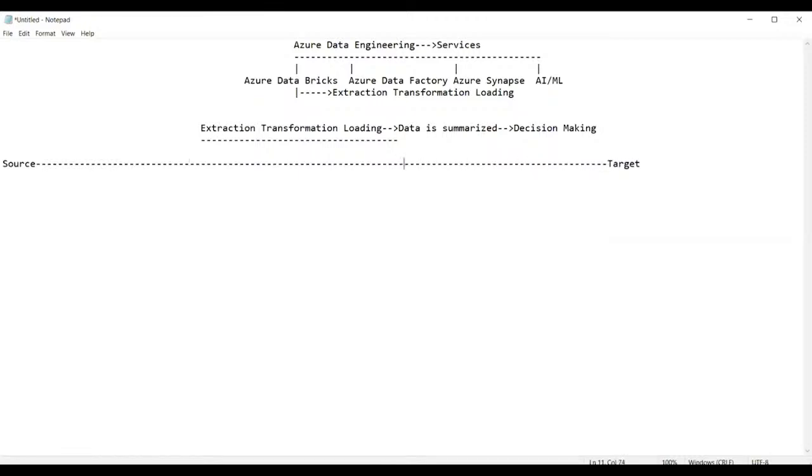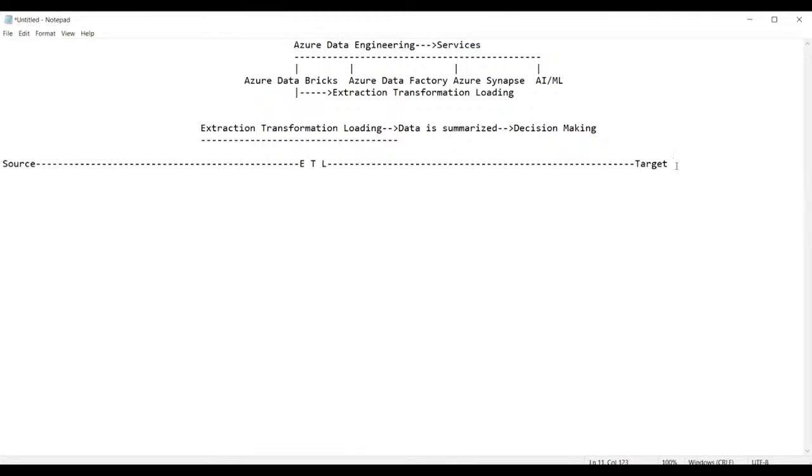Between the source and the target, this process of ETL is always applied, irrespective of whatever service we use. Generally, I'm talking about ETL, the process where the data is summarized. So what is the source, and what is the target? Let us try to understand this.